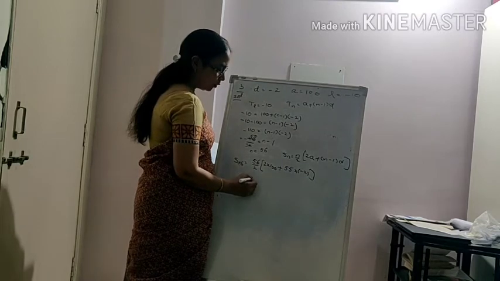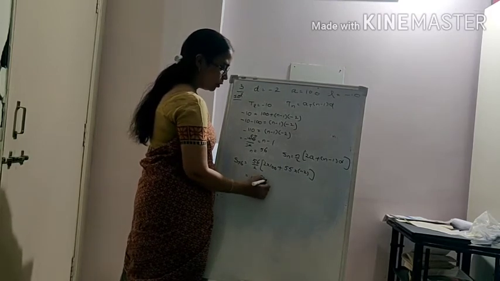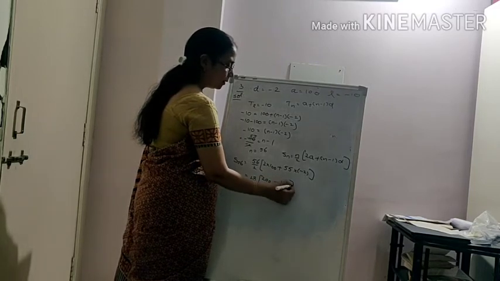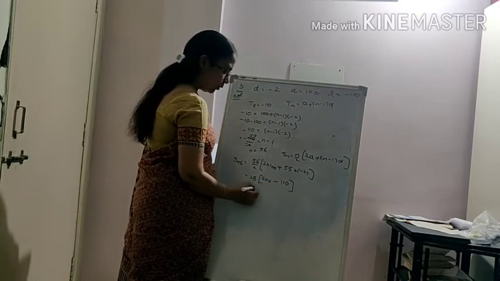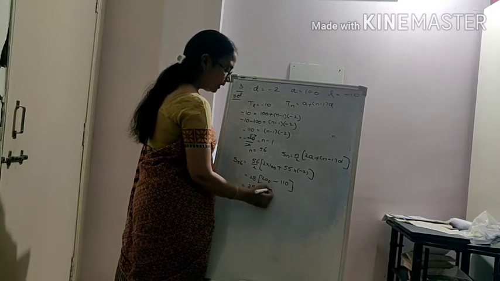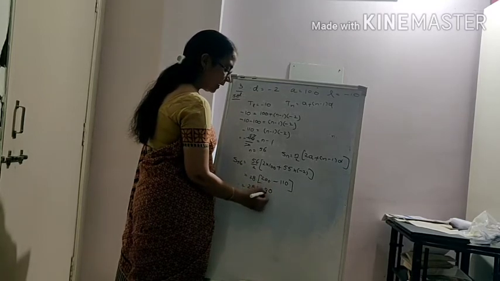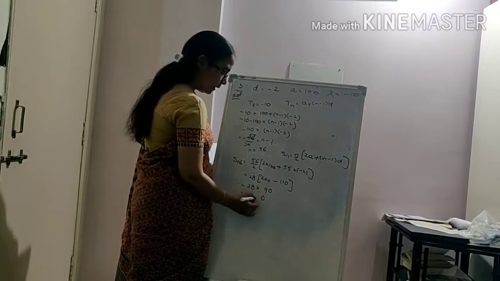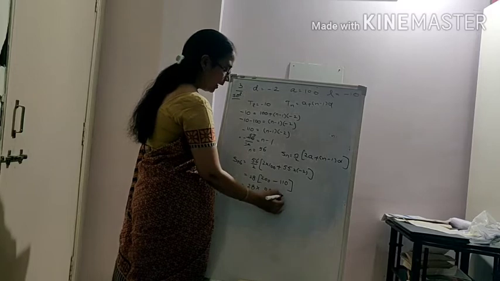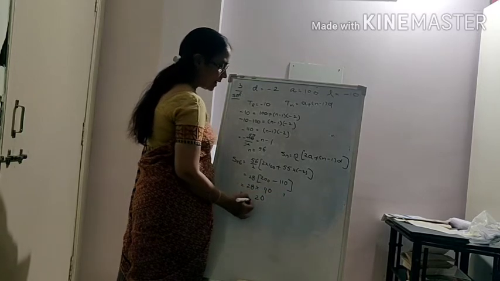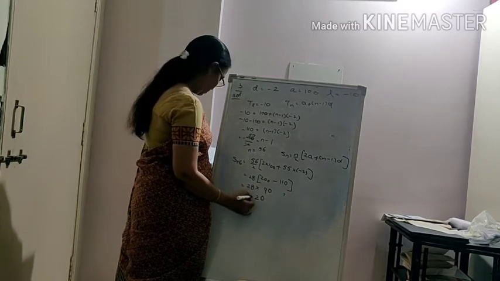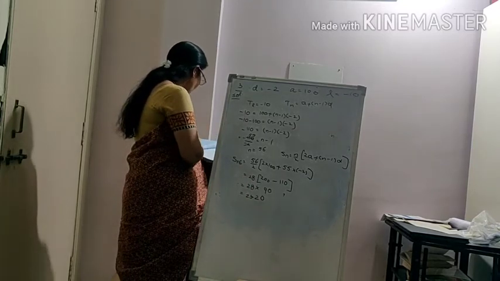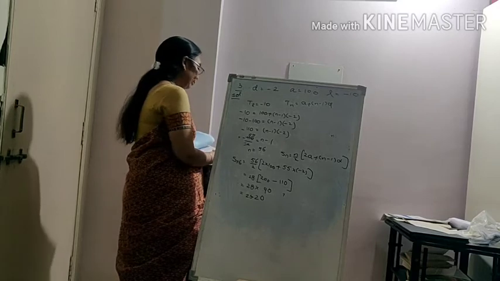2 2s are 4, 2 8s are 16, so 200 minus 110. That is 28 into 90. 10 minus 1, 9, 90. So 0. 9 8s are 72, 9 2s are 18, 18 plus 7. So 2520. That is your question number 3.